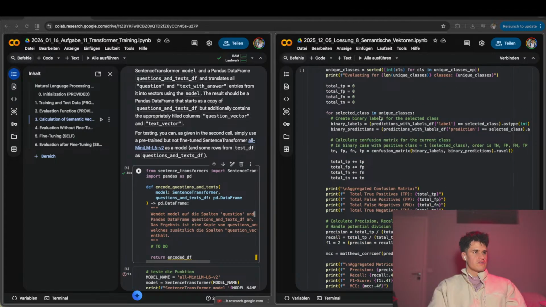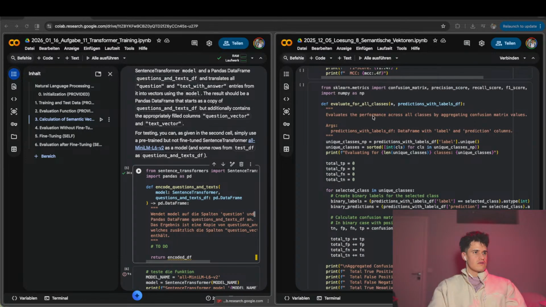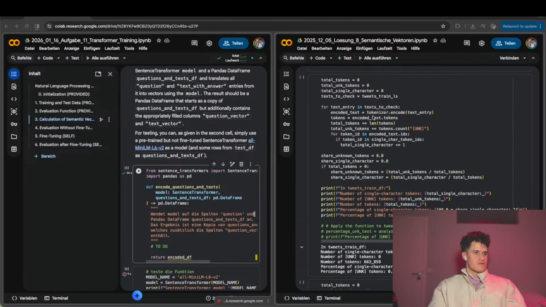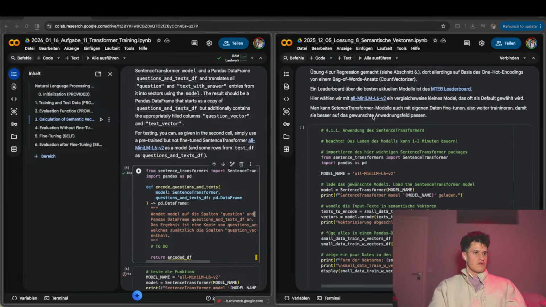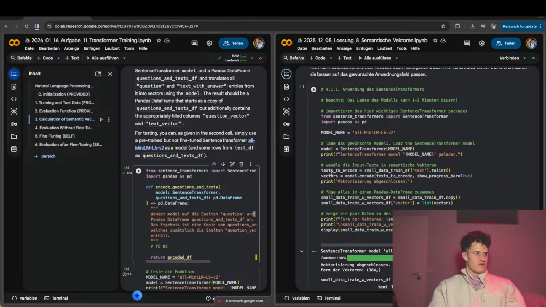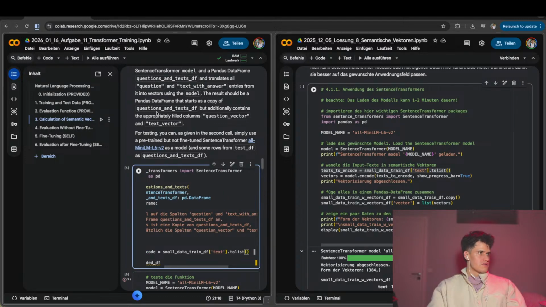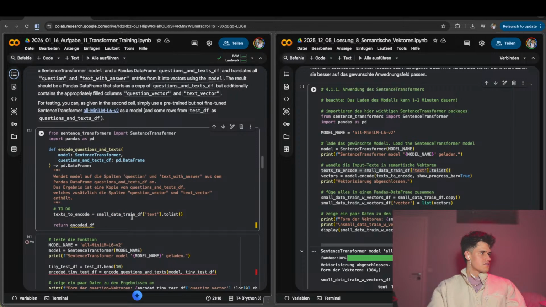We have this here. No, it's not this one. It's not this one. Here. So basically, what they did is they had them, then they turned this to a list. So basically, we do this here. Can we hide this a bit? Yes. But actually, the text to encode is going to be